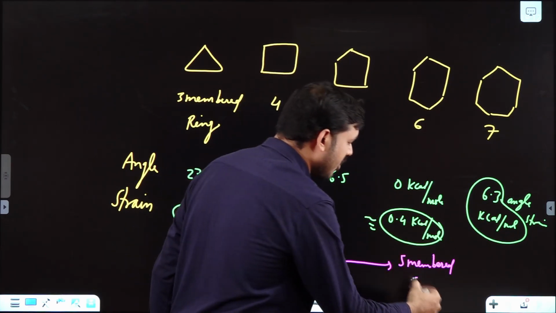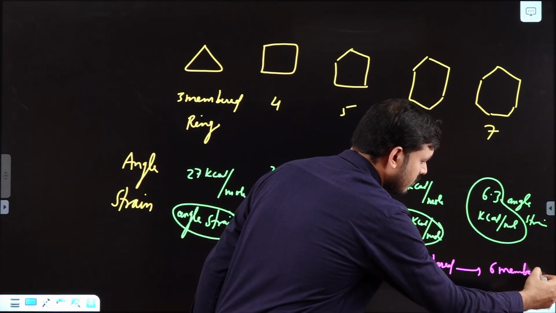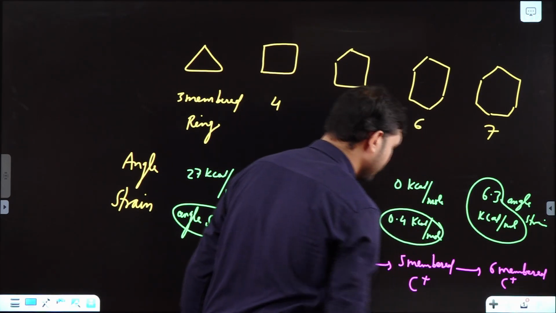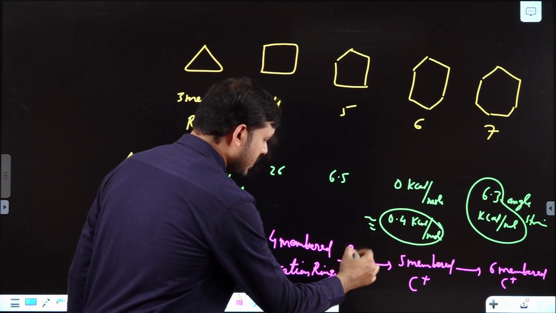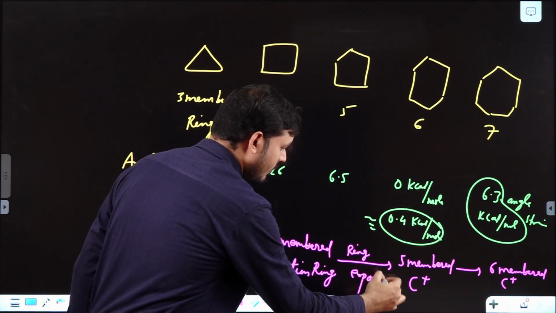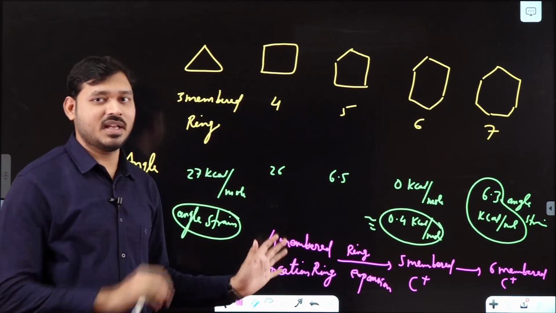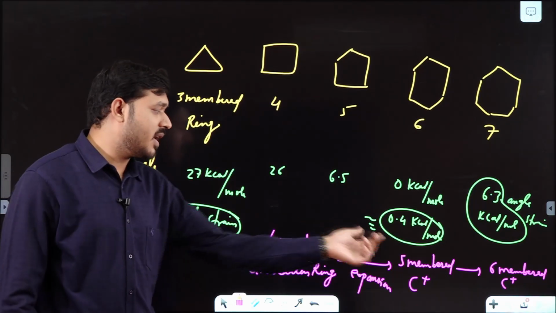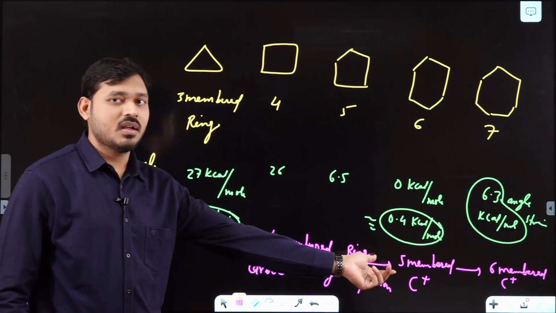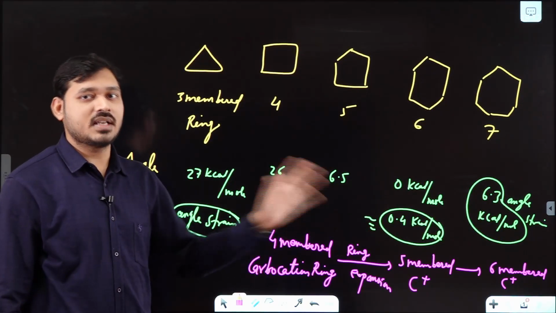This 5-membered carbocation will have a tendency to become a 6-membered carbocation ring. Okay, this is called your ring expansion. Clear? Why does it occur? To attain stability. If the 5-membered ring becomes more stable, then definitely the process will be spontaneous and it will go fast. Okay,